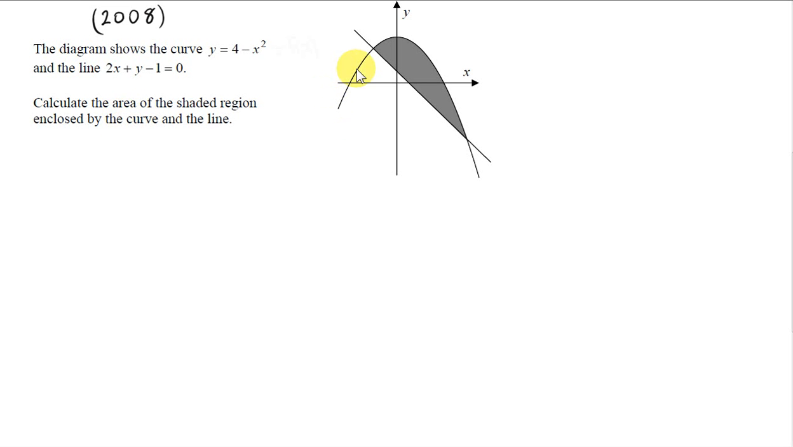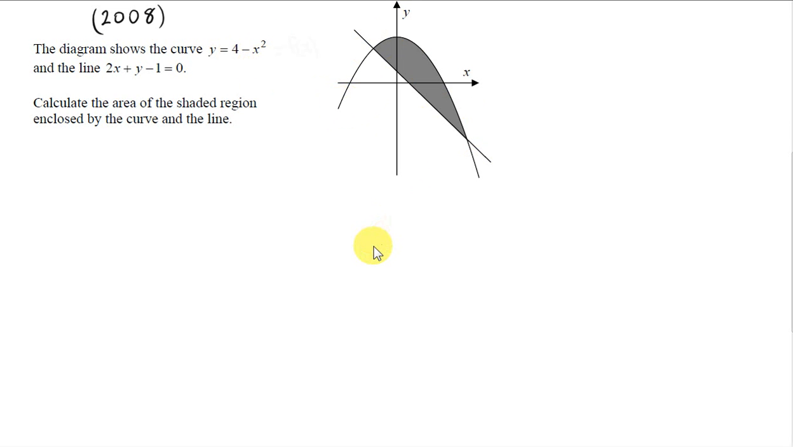Here we have the graph of the function y equals 4 minus x squared. Because it's a quadratic function, its graph is a parabola. Because the x squared term is negative, the parabola is inverted. Another thing about this function is that it is symmetrical about the y-axis, and that's easy to see from the